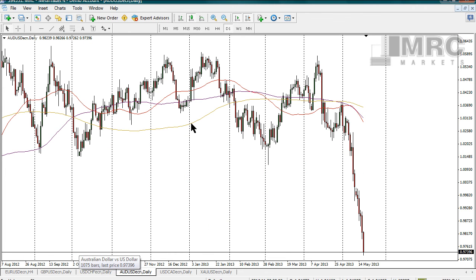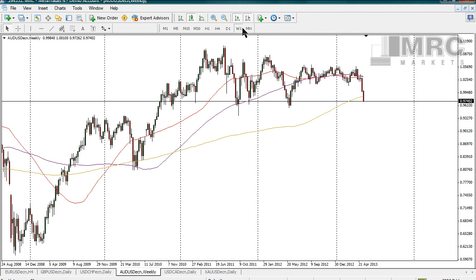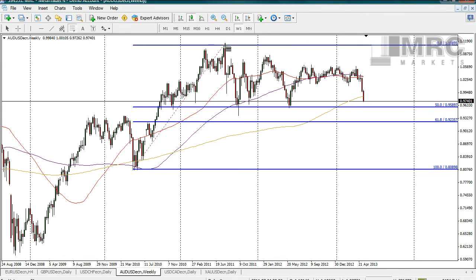Let's have a quick look at the Aussie. Aussie's been selling off very, very heavily. The daily chart, nothing much to look at really. It's just been a very aggressive move downwards. I mean, if you flip out to the weekly, then I think an interesting level here is the 50% retracement